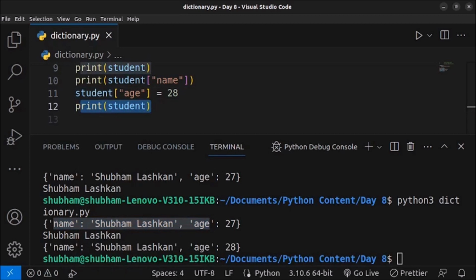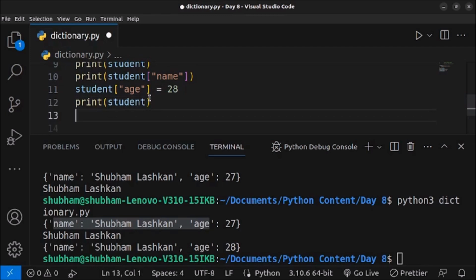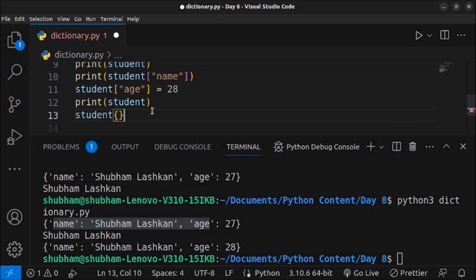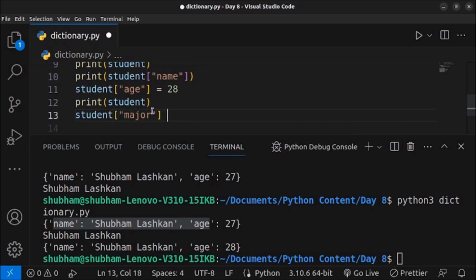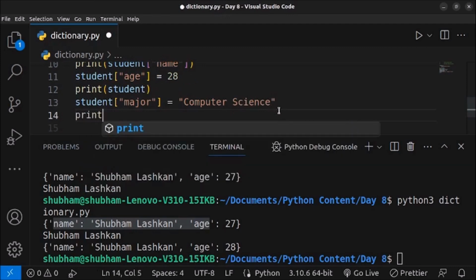Let's now learn about some operations in dictionaries. First of all we will try to add one more key value pair inside this dictionary. So let's add one more key value pair. Currently it has name and age, and I want to add one more key which is major. So student, and here we are adding one more key. The key is major and the value, let's set it to computer science, and save it. After that we will print it,